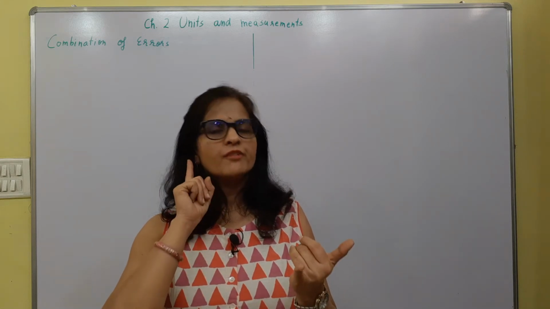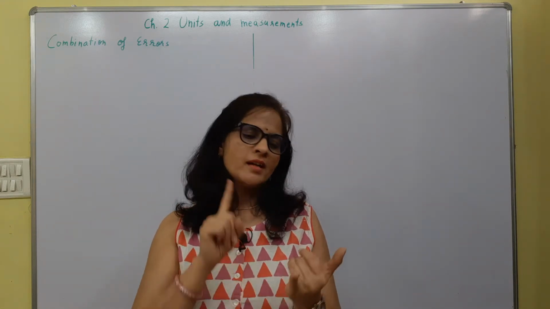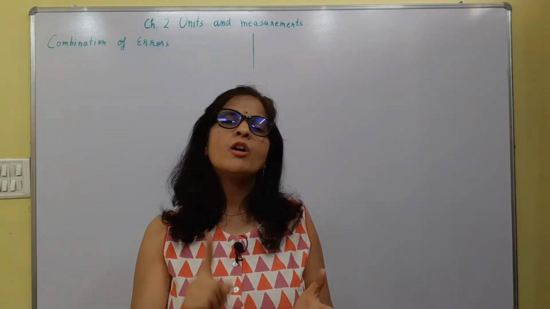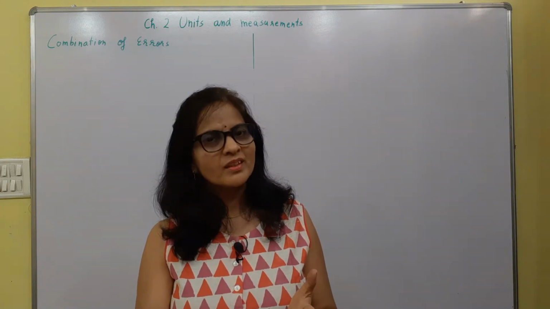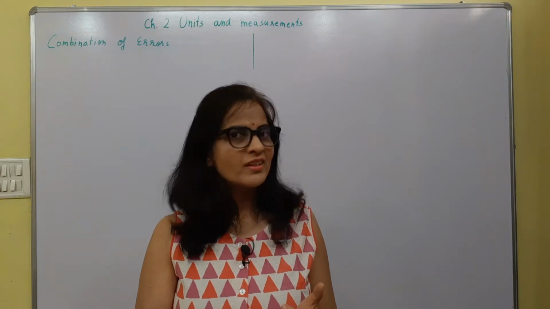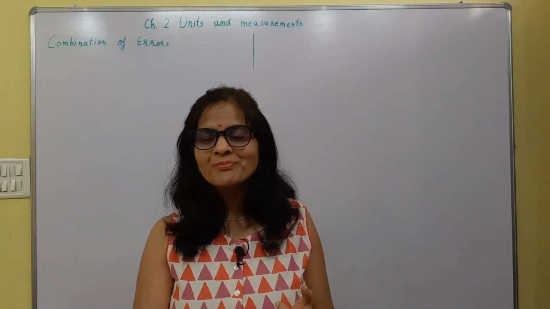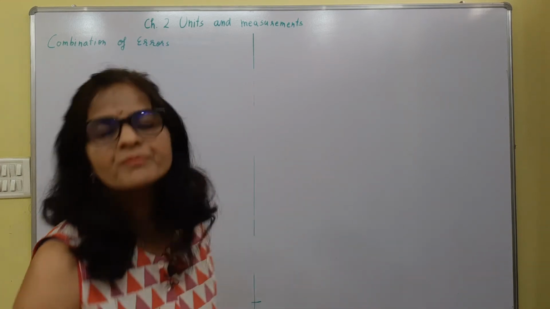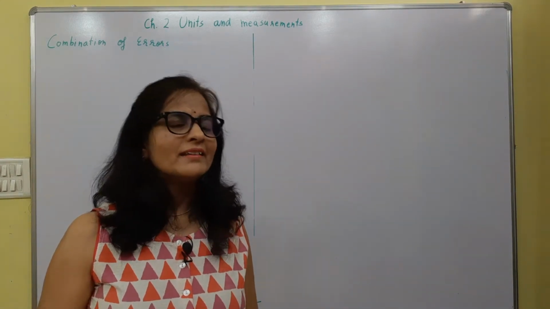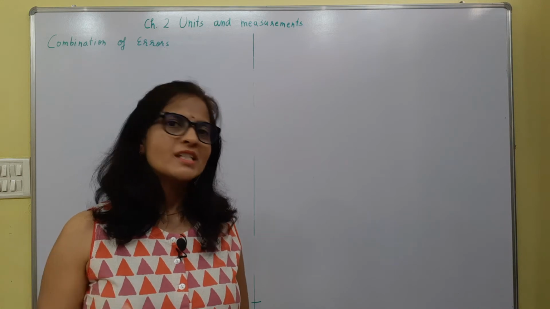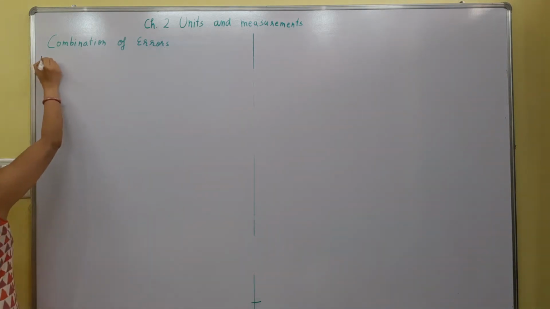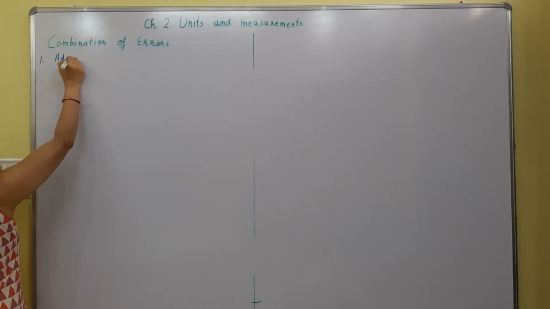So that means if we are adding two errored quantities, subtracting two errored quantities, multiplying two errored quantities or dividing two errored quantities, the resultant will also have an error. But how much? That's what we are going to discuss here. So first we will take the error in the addition of two physical quantities having errors. So error in addition,